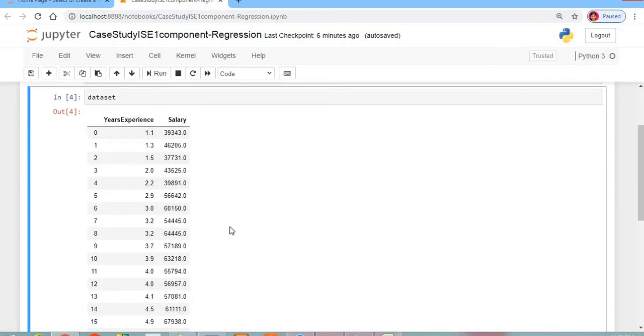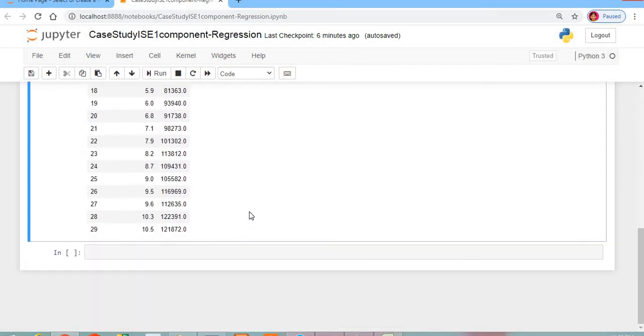Once you have drawn this, now I want to separate it out. On the x-axis I want to plot years of experience, and on the y-axis I want to plot the salary drawn by the person. I want to analyze this data set.